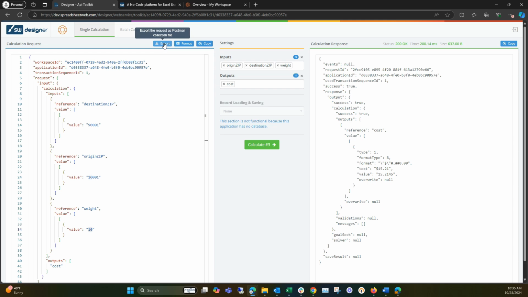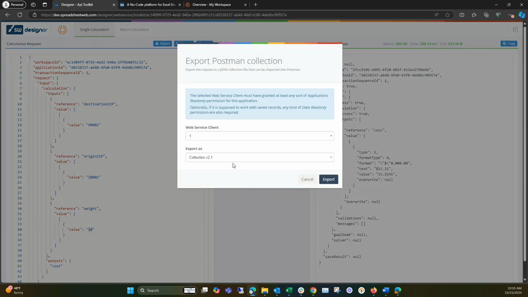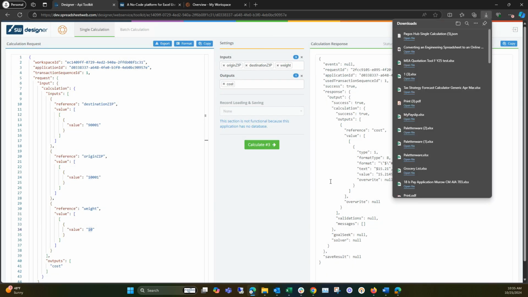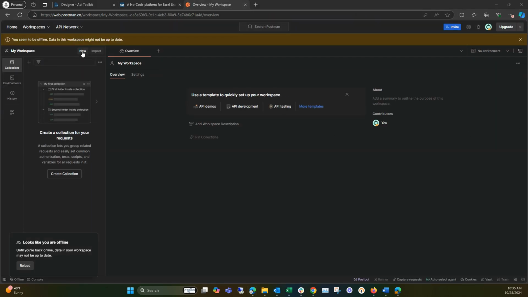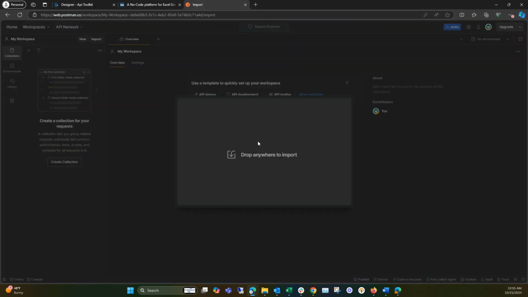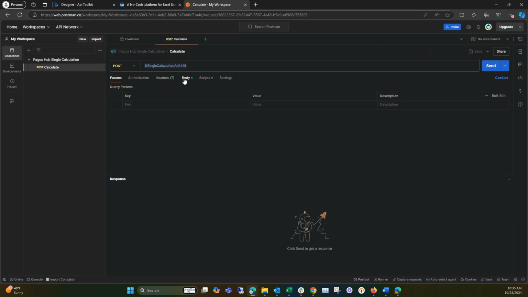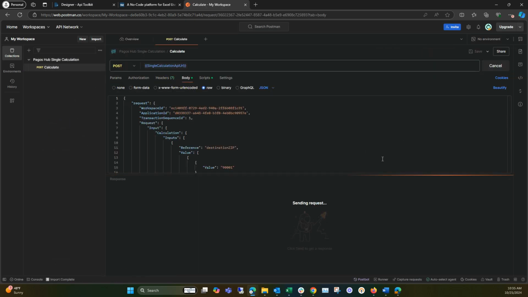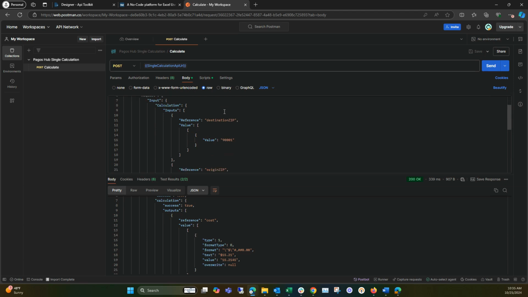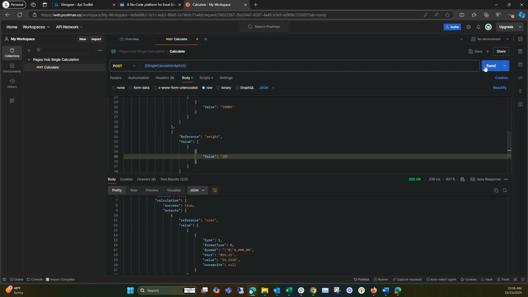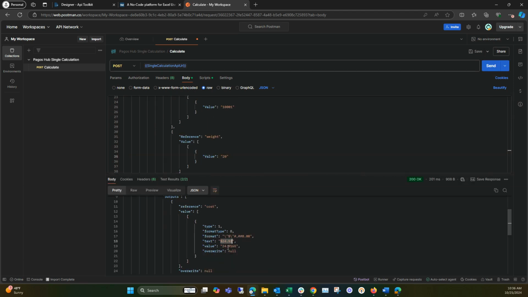You can also perform the same process in Postman. The API Toolkit includes an Export to Postman feature. Simply export, open Postman, and drag the collection file into a new request. Click Send, and the API returns the response. You can modify inputs and send again, with the calculations performed on the server and the shipping cost returned in